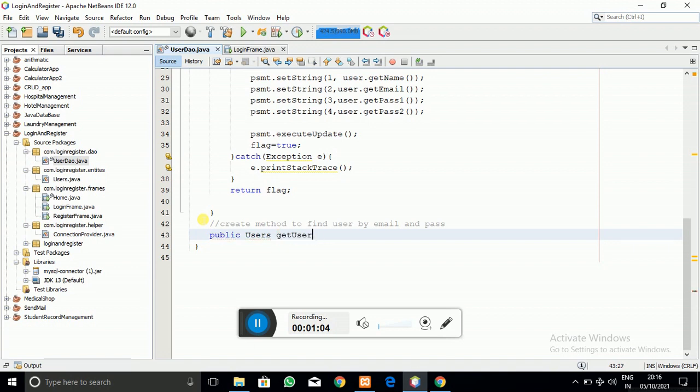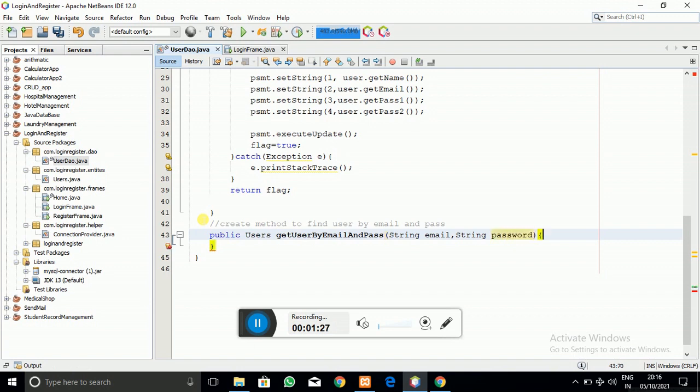This method takes two arguments: string email, and the second argument, string password.